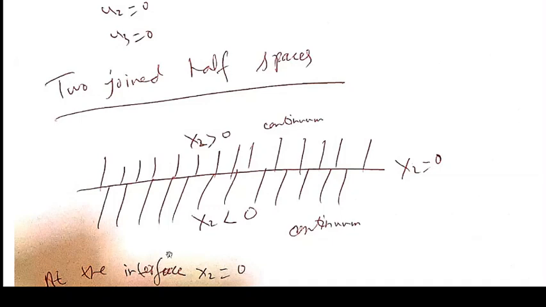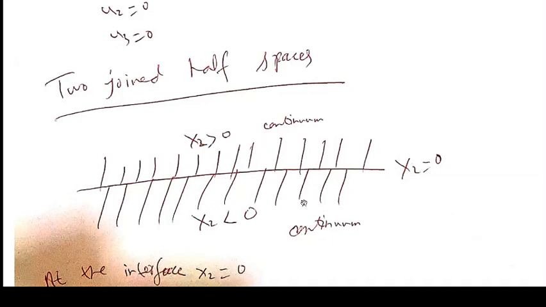So when you have joined half spaces, then it means that you can have refraction. When an incident wave, which emanates from infinite depth, hits this boundary, then a part of this wave will be reflected back, and a part will be refracted, which means that it will go through this boundary and enter the above half space. It means that we have continuum on both sides.